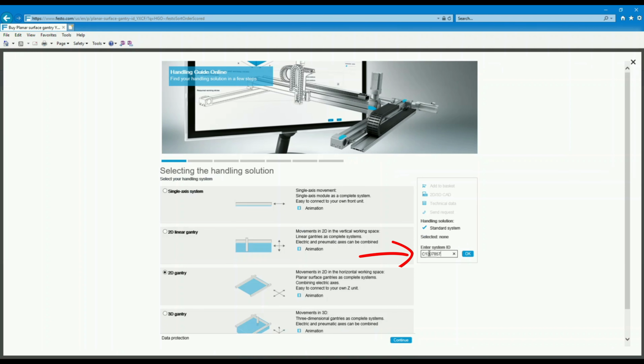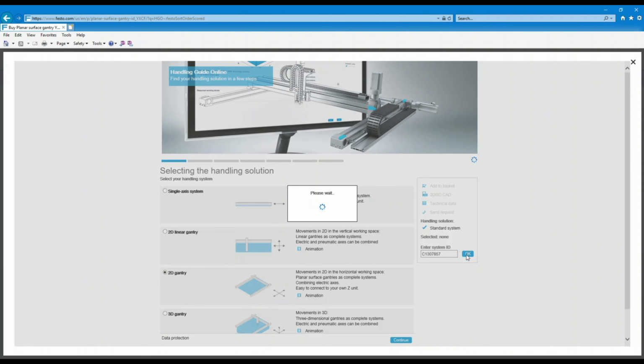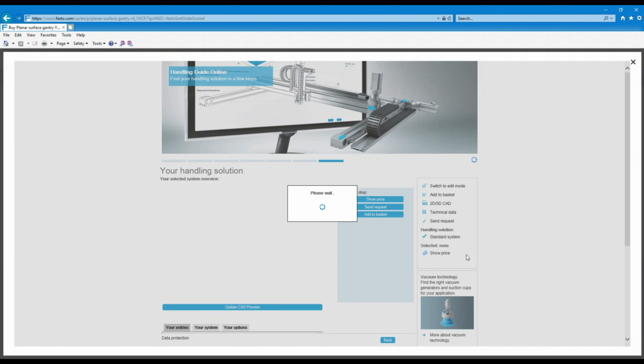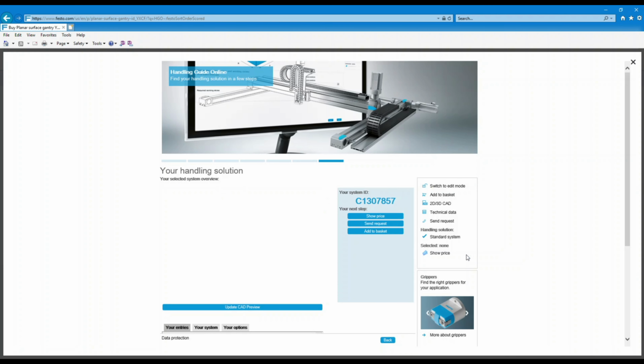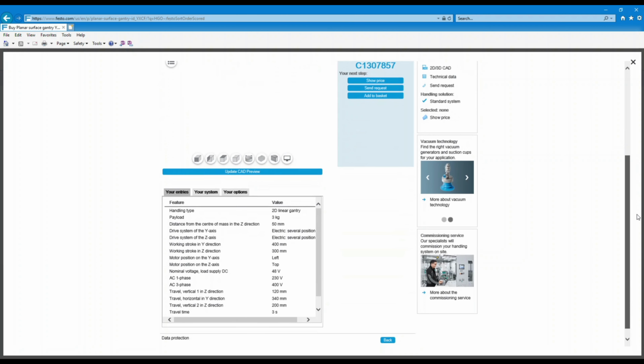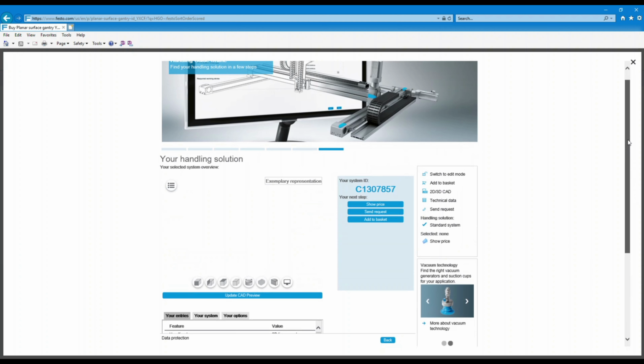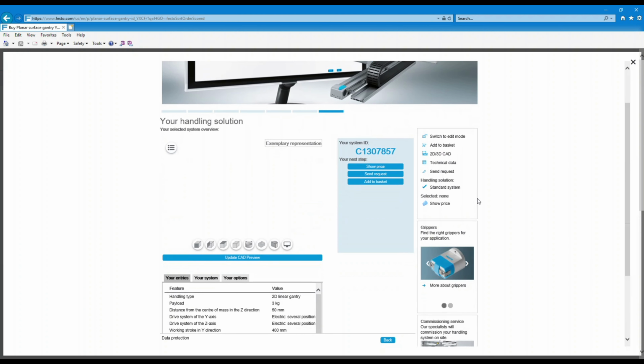Assuming this is all pre-configured, either by your Festo sales engineer, application engineer, or maybe you configured it yourself, which hopefully you guys are using this tool to generate systems by yourself without any type of aid, which is kind of the allure of this handling guide online system. But basically here, we have our handling solution. We have somewhat of a summary. A CAD preview will pop up here shortly. But I'm going to jump right ahead to the technical data, because that's where we're going to want to start. So I'm going to click on technical data here,